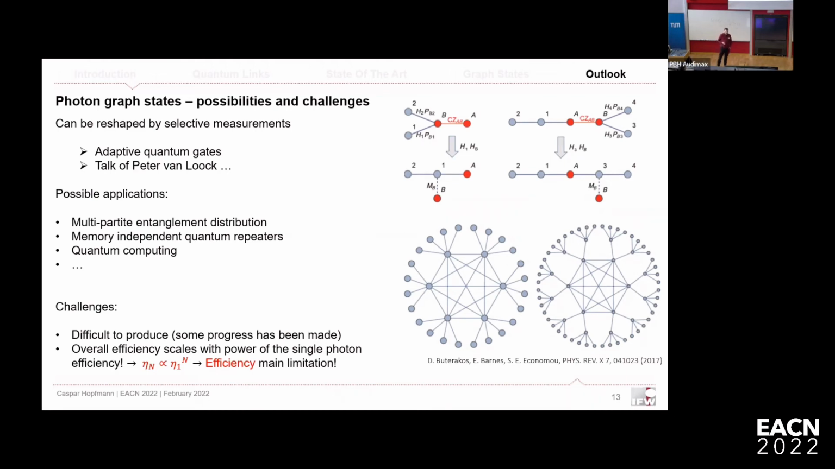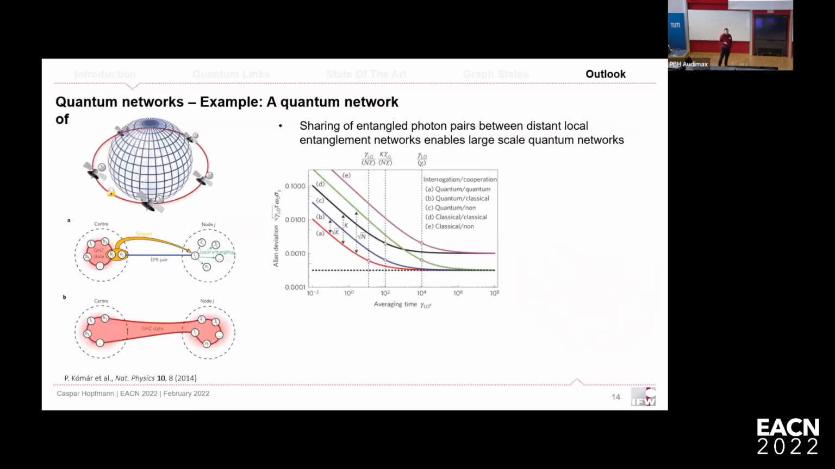Okay, but I still think it's better than what we have if we're just trying to brute force entanglement distribution with a certain fixed state, let's say an entangled photon pair. Okay, anyway, what is one of the applications people have been thinking about, or what we are thinking about also,